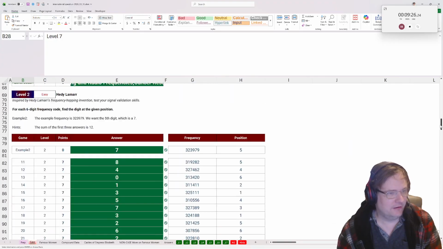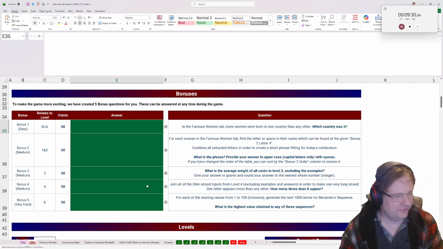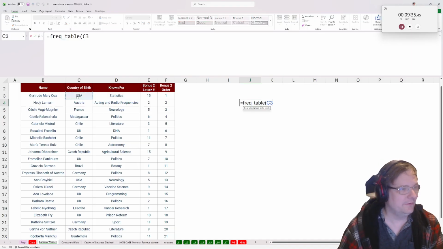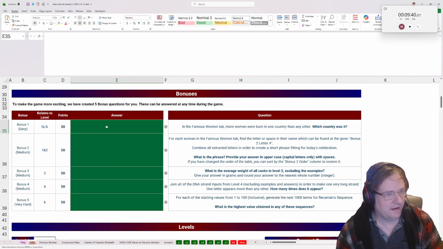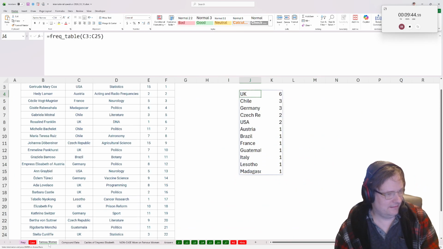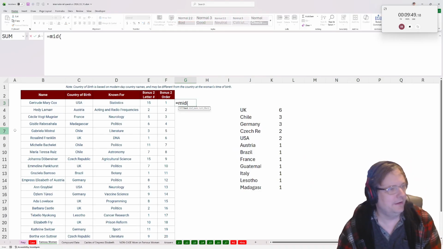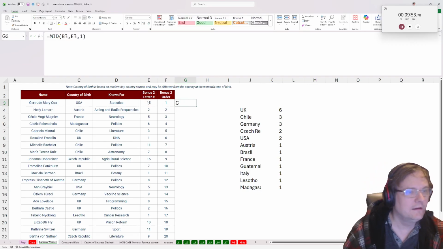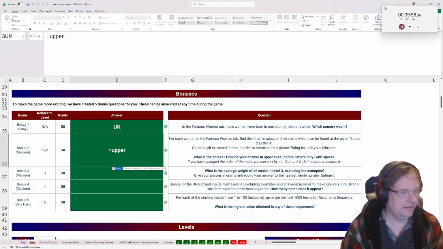That's it for all of them, right? 1,000 points. Do the last one. What's the country here? Frequency table of the countries, and I can see UK is on top. Then this is like a little code here, right? So equals, mid of the name, that, and then 1. So I take these and uppercase